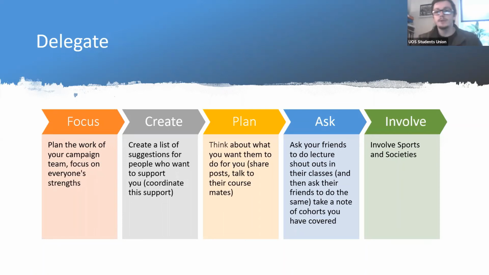But in general, any endorsement from a sports society could really help you promote your campaign and get the votes of their members. We will be asking that sports societies have to get a vote of their membership before they can endorse someone. So you can't just ask the president of a society, can you endorse me? So please make sure you don't accept any endorsements until you've had confirmation that there's been a vote. We'll be asking for confirmation as well. They'll have to email me as the deputy returning officer before they're allowed to properly endorse.